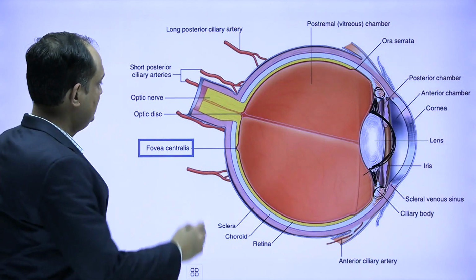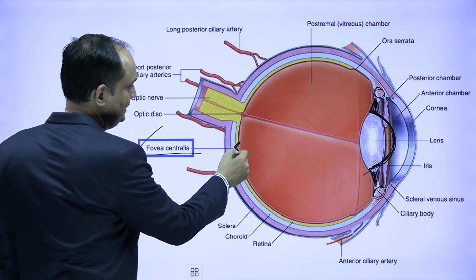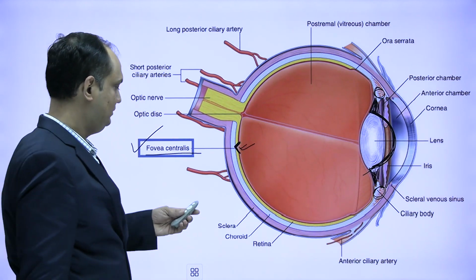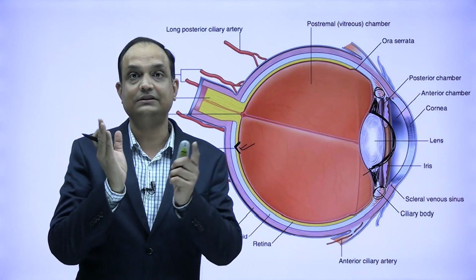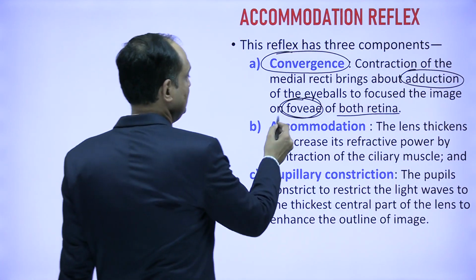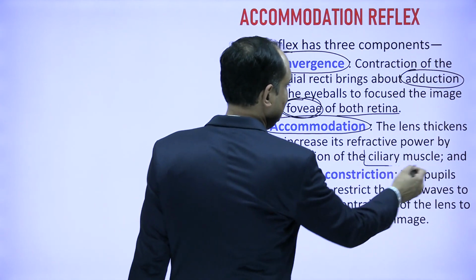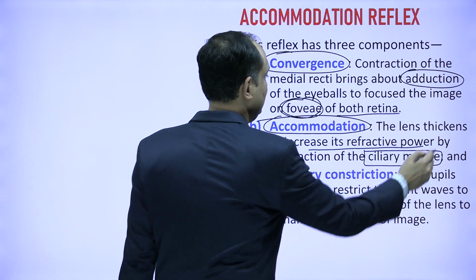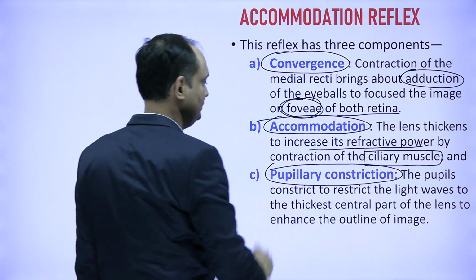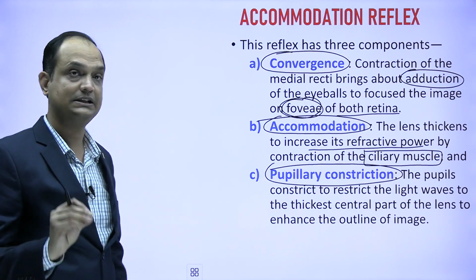Now, what is the fovea? This is the fovea centralis, and we have to focus the image at this point of the retina, and it is possible when both the medial recti act and convergence takes place. Then the second part is accommodation, which is caused by the ciliary muscle, and this ciliary muscle increases the refractive power of the lens. And the third is pupillary constriction, which is an important part of the accommodation reflex because